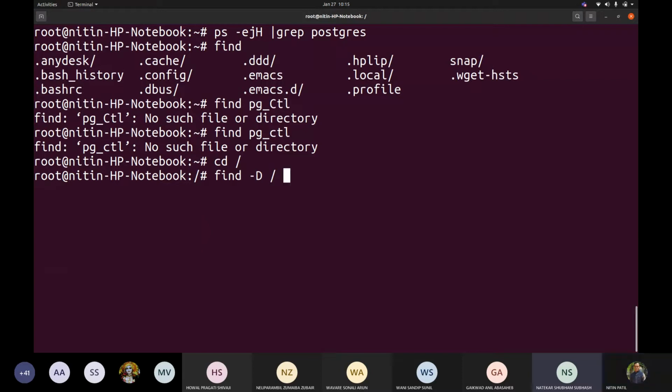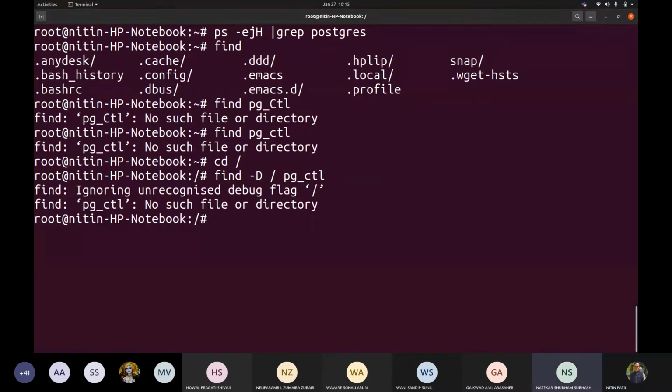Find, dash d, and then from where I want to search, and then which file I want to search. Is it? Okay, I'm not getting it.